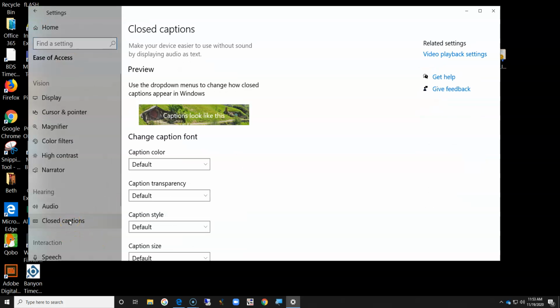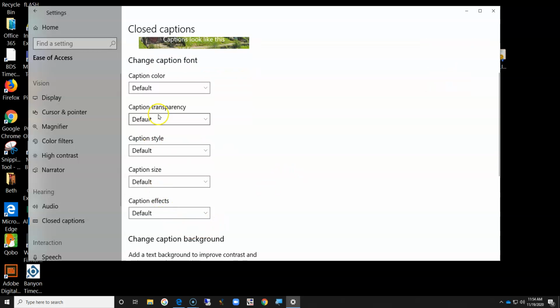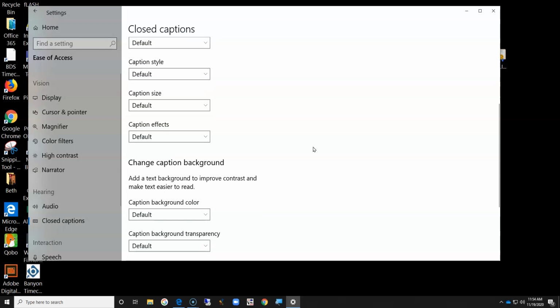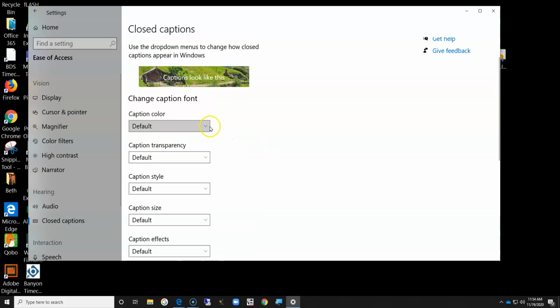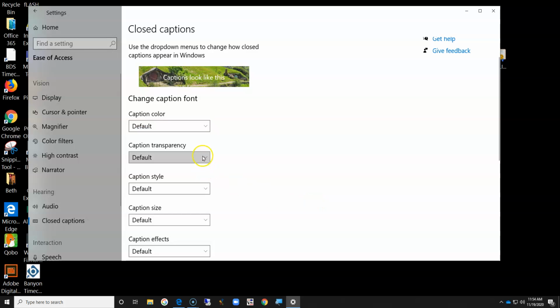Now you can go to closed captioning. This makes your device easier to use without sound. Closed captioning looks like this. It's where it displays everything for you. I'm not sure what the default color is, but you can change it to white, black, red, whatever you'd like. You can change the transparency,